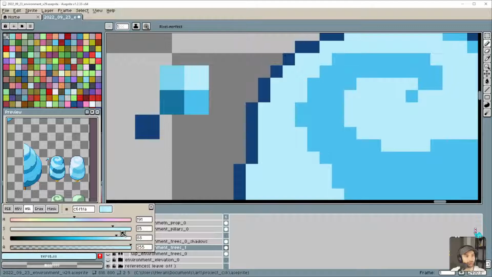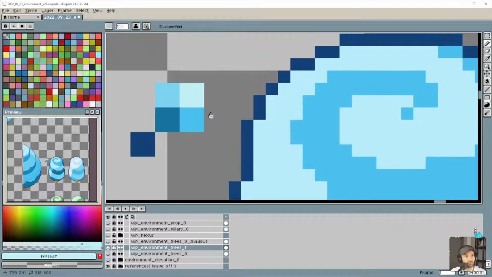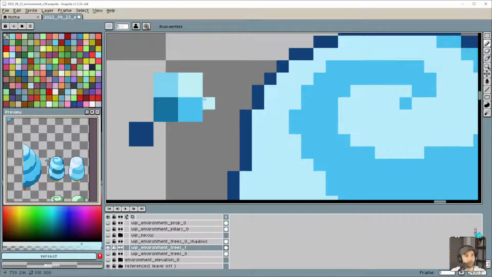Saturation was definitely too high. I think about there. I want to keep it kind of similar, but not exact. I think that's a bit better.